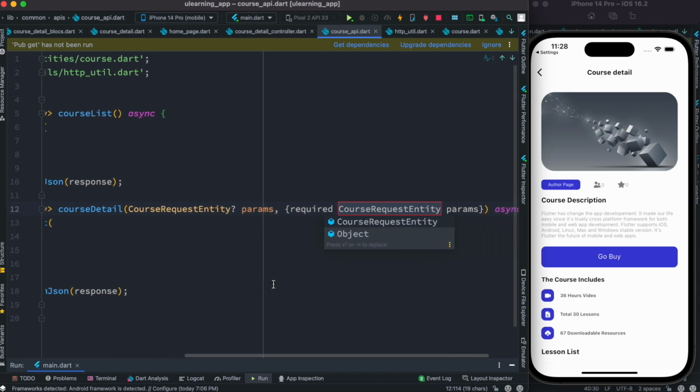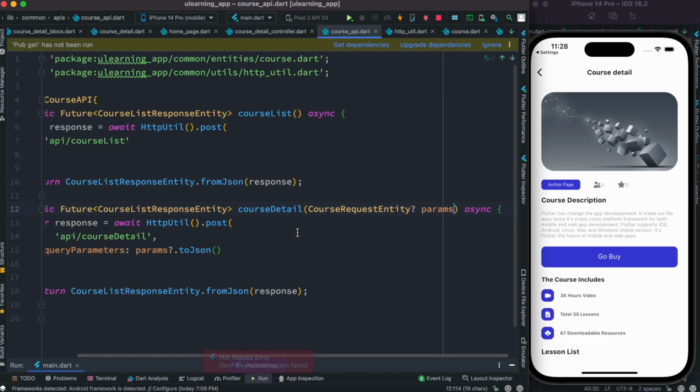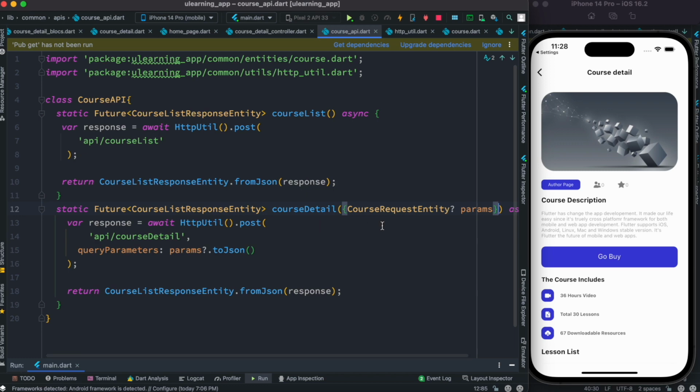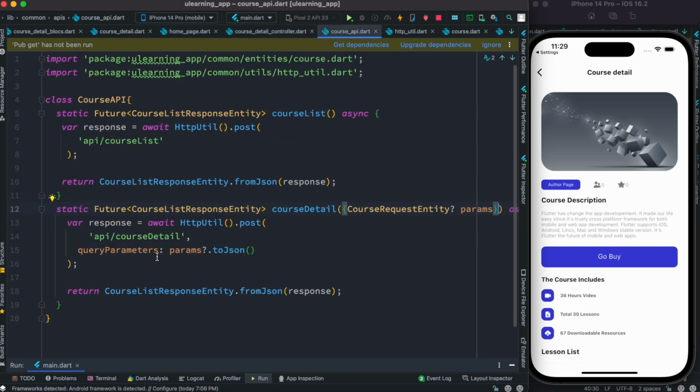Oh, okay, now I got it. So here it wants you to have inside this optional like this, so that's why you have to have it inside this curly braces, and hopefully the error should be gone. All right, so with this we'd be able to make a call to the UI,